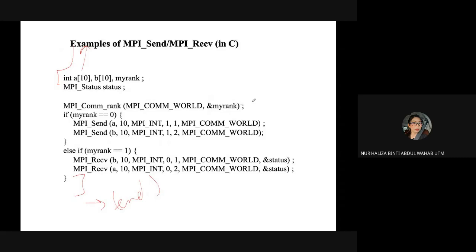What happens when you are using MPI send or MPI receive? This is in C programming. Let's say you swap this one to be rank 1 and this one to be rank 0. What do you see in all of this? You're going to receive first, then second you're going to send, isn't it? It depends on your rank. If you have another rank, this is going to do first, this is going to do second, this is going to do third, and so on, because you are declaring the rank.